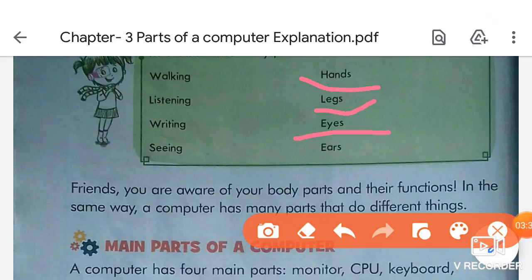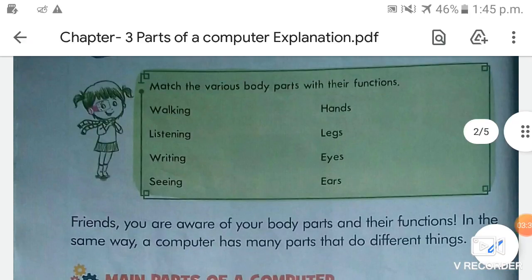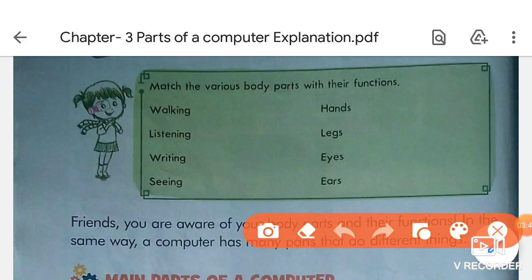You have to match all these body parts with their functions, and the functions are also given: walking, listening, writing, and seeing. You have to find out which body part does what kind of work.